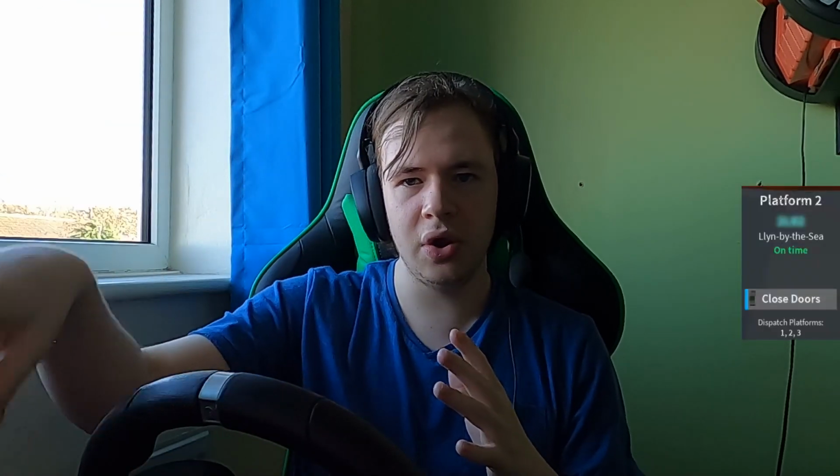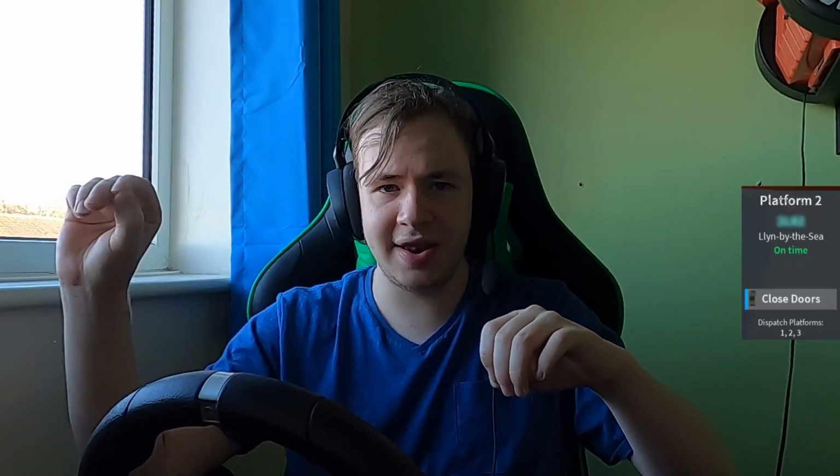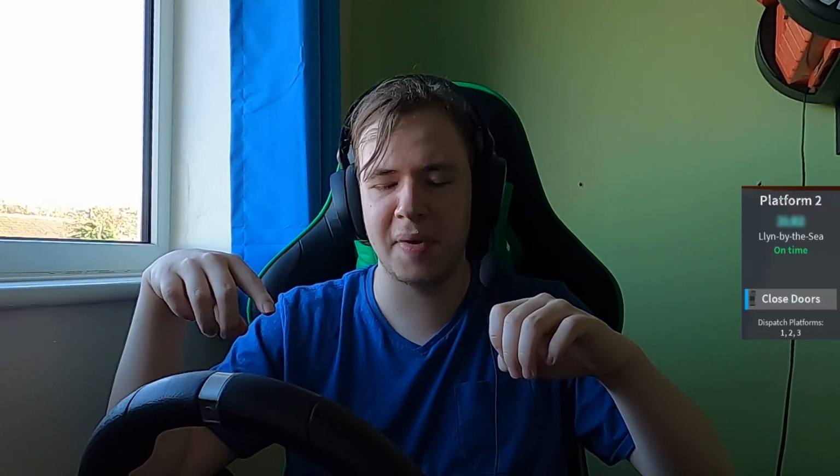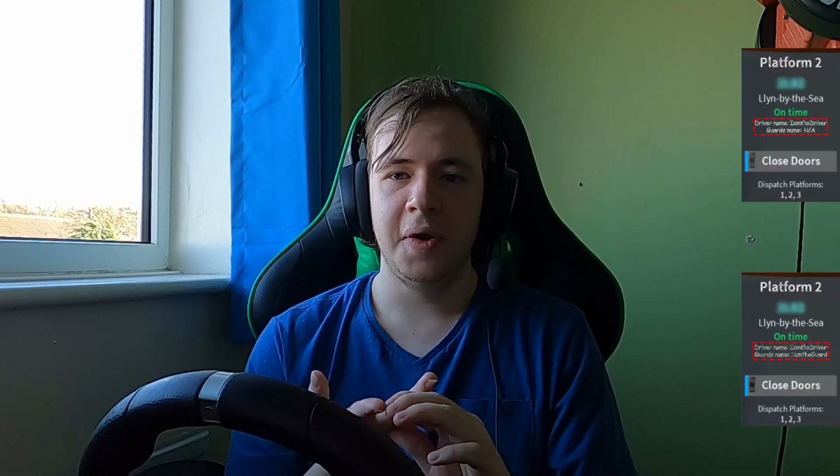So on the right hand side you get the head code, then the time, their destination, and then you have the closed doors and dispatch thing. I wish somewhere on there you could say a guard is present, or as I said, just have a username on there, or guard. Because what I saw when I was dispatching at Coxley,